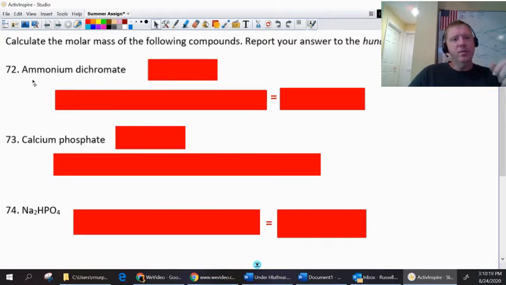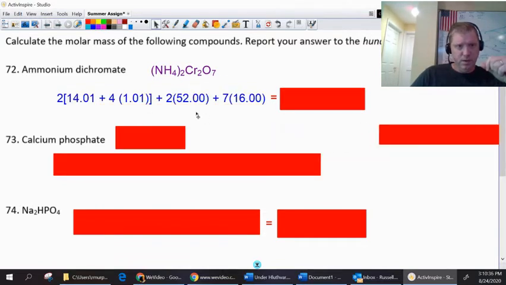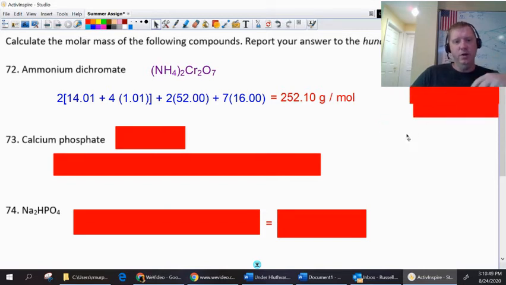I have to make sure I have the formula right for the compound. Ammonium dichromate. This is actually one I messed up earlier. It's (NH4)2Cr2O7. I got it right the second time. Go me. So in order to figure out the molar mass of this compound, I've got to look up those pieces. There's NH4 times 2 and then Cr2O7. So here's the NH4, and I just put a 2 in front to multiply NH4 times 2. That's nitrogen plus 4 hydrogens. And then I got the 2 chromiums and the 7 oxygens, and I got a walloping 252 for its molar